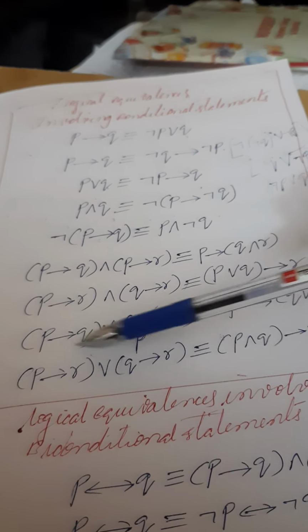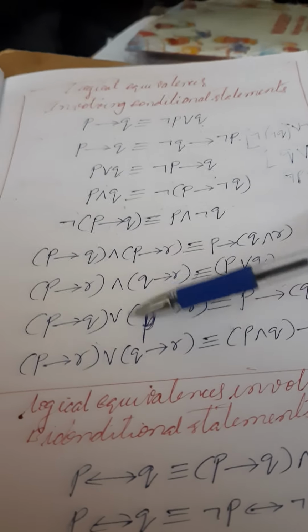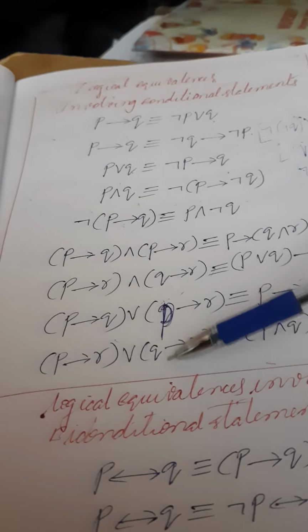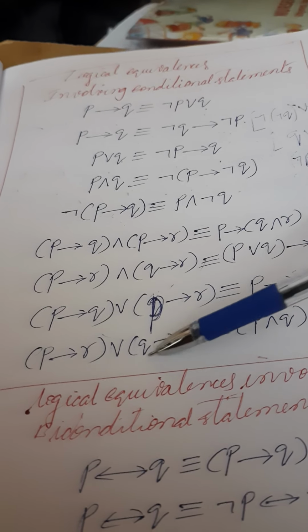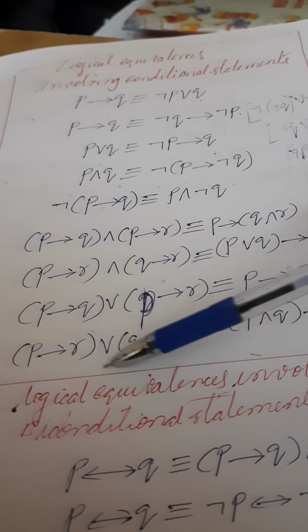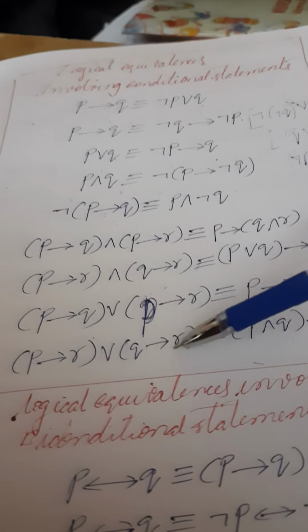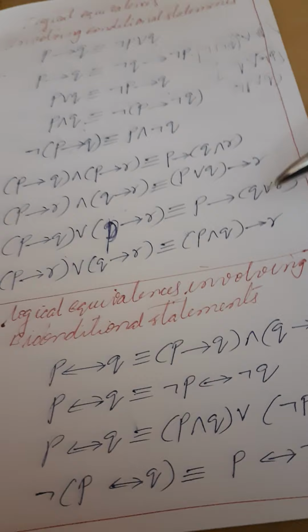Here the first one is the same here and here, P implies. Okay, P implies I took the same, we need not change any symbol here, Q, R, R. Here, as I told, whatever first is different, P, Q, here the symbol is disjunction, we have to change it to conjunction, P conjunction Q. The next one we have to write as it is, this implies R. Okay, I think you understood.